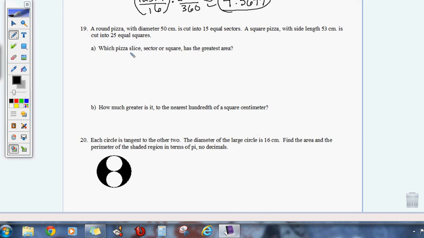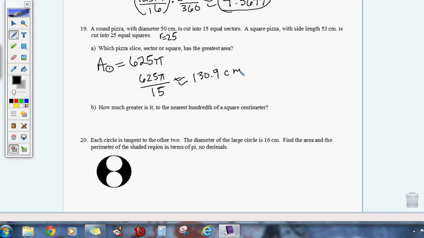Basically, in this question, you have a round pizza with a radius of 25. Be careful, diameter is 50, radius is 25. So the area of the circular pizza here is going to be equal to pi times 25 squared, which we know is 625 pi. That's the area of the circular pizza. Well, we want to take that 625 pi and divide that into 15. So instead of thinking technical geometry, arc lengths, and sector areas, we can just do this, and this is actually going to be one slice. So this comes out to approximately